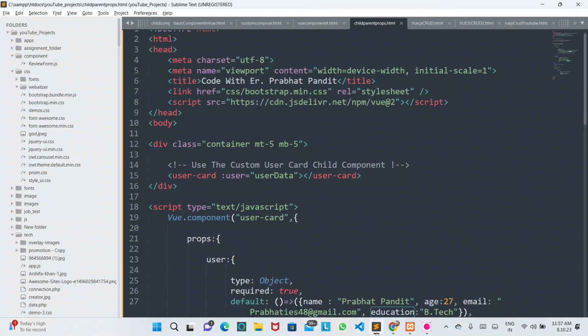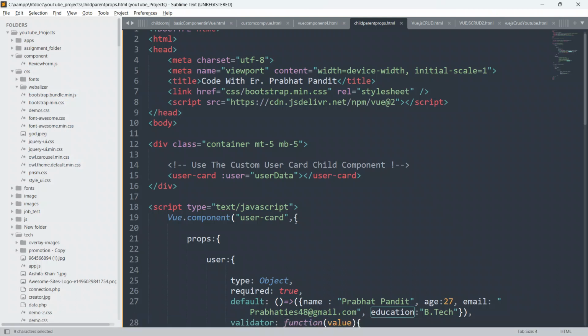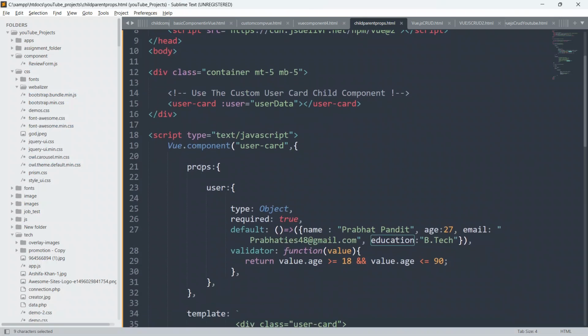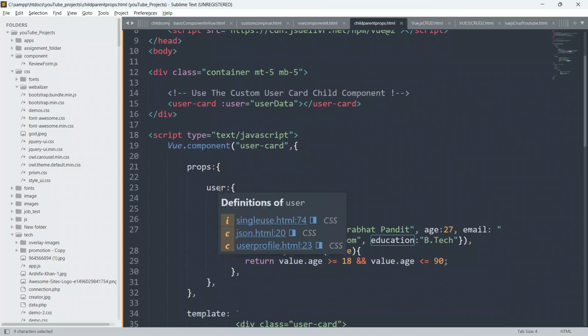So let me go to the code and check if there is any error or not. So user card, we have defined the component also. Props is also fine.